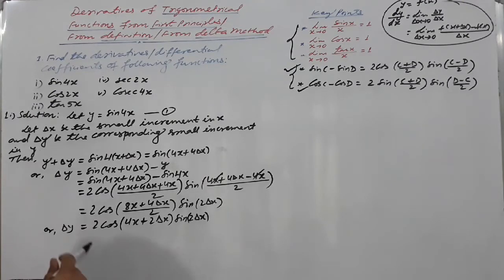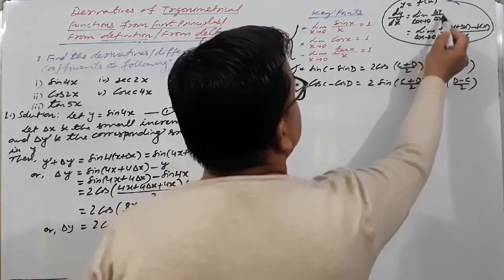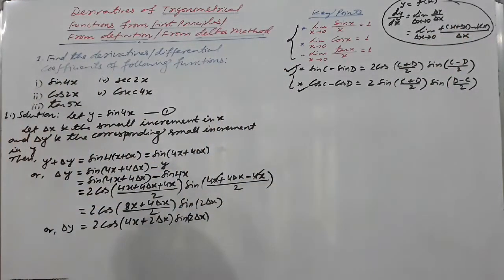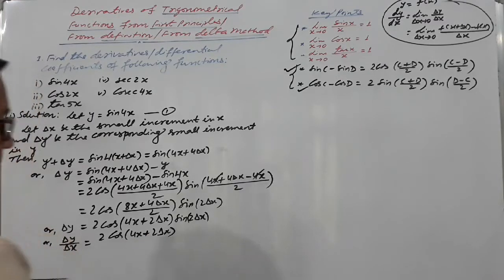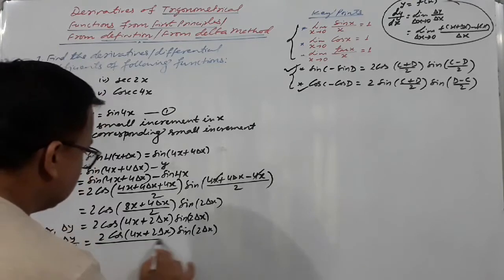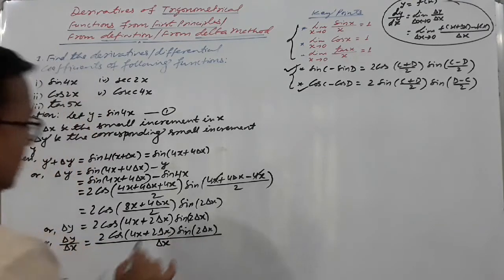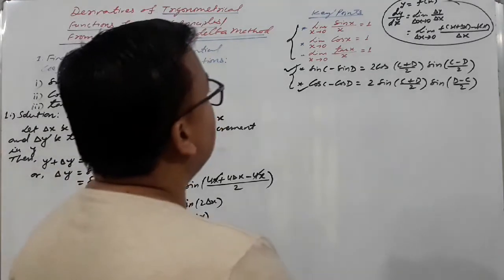Now let's divide. In order to find the derivative from first principles, we have to find delta y by delta x. Now you will divide this line by delta x. Delta y by delta x is equal to cos of (4x plus 2 delta x) times sine of 2 delta x by delta x. Because we have to ultimately use limits of trigonometrical functions,